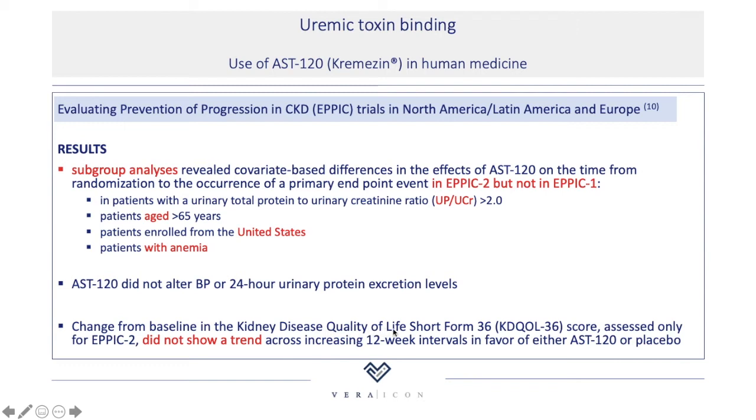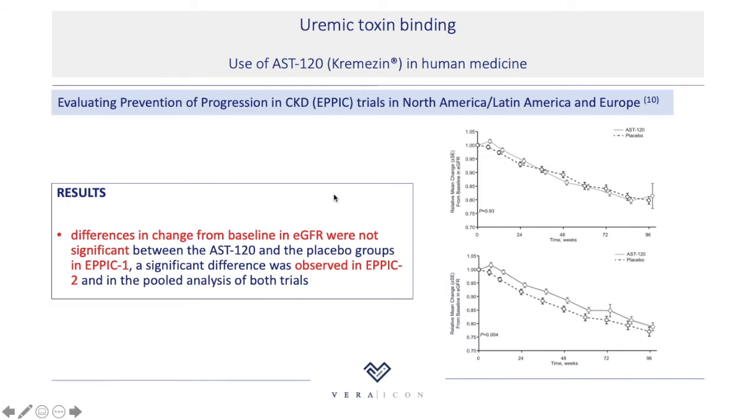When looking at the quality of life questionnaire, there was no treatment effect. But most importantly, in subgroup analysis, there was something. There was a statistical difference, or there were some beneficial effects, in adding in AST120. And the same was seen when we look at the glomerular filtration rate. In EPIC-2 trials, the GFR is better in treated people with AST120 compared to